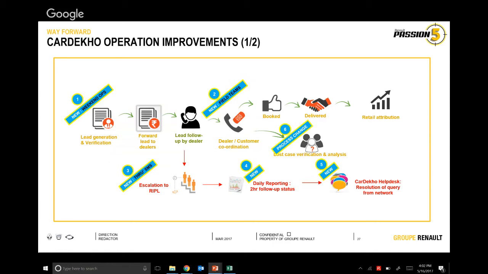Side by side, there have been a lot of changes in the reporting and the analysis part of how the leads are performing. We are regularly updating the 2 hours report and the plan of the day report that you get. We are looking at it more intensively now and sharing it with the Renault Central team also,